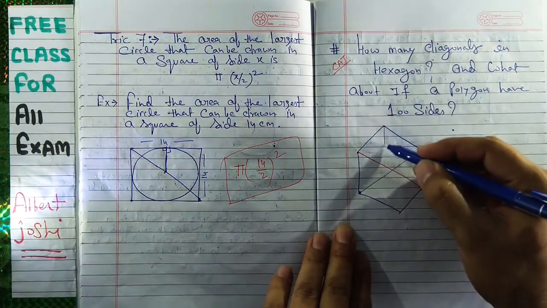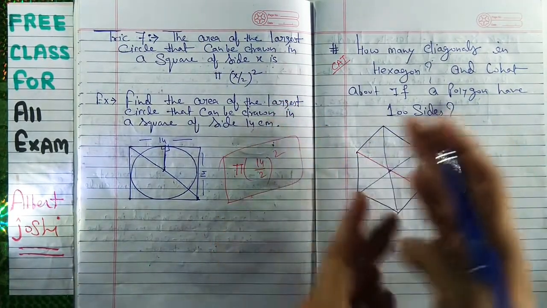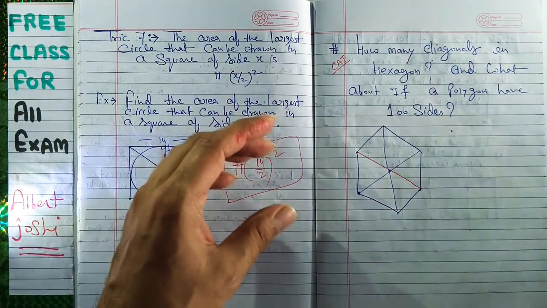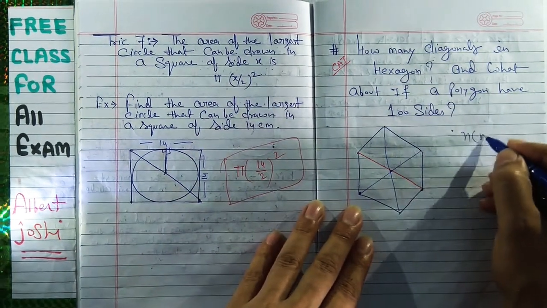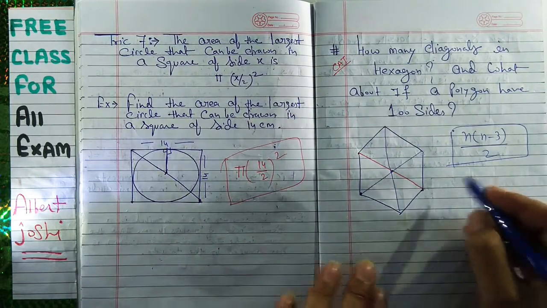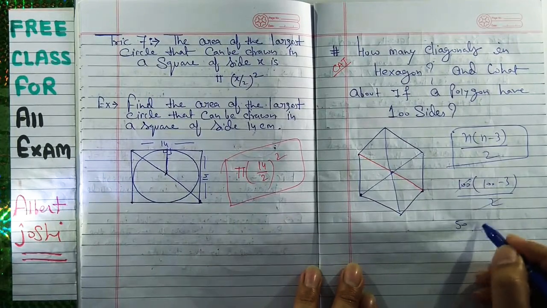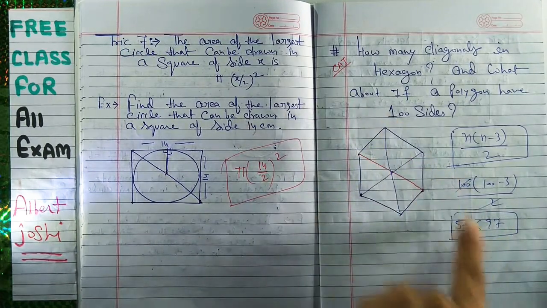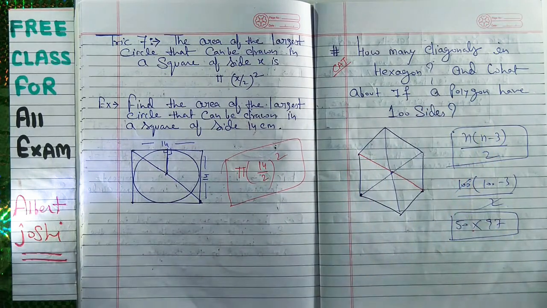Now just draw this and this, and after that just count. Counting will take more time. You can also solve by the help of permutation and combination. In permutation and combination we have solved such types of problems. I will directly give you the trick. You have to write n into n minus 3 upon 2. This is your answer. If you put 100 into 100 minus 3 upon 2, so this is 50, into 100 minus 3 is equal to 97. This is your answer. So you can draw a total of 50 into 97 diagonals if you have 100 sides of a polygon. So that is your answer.